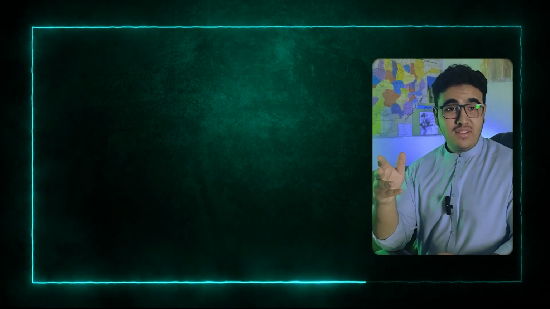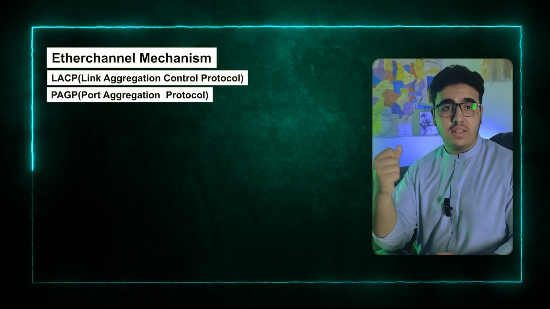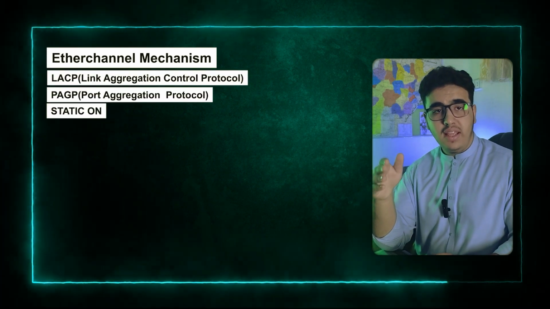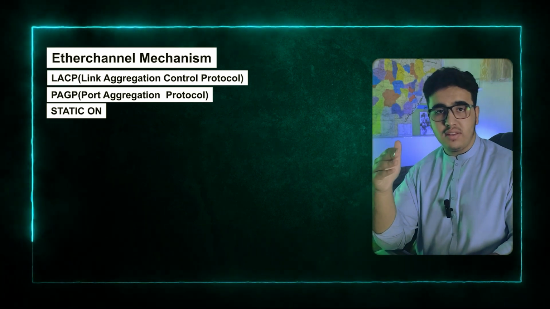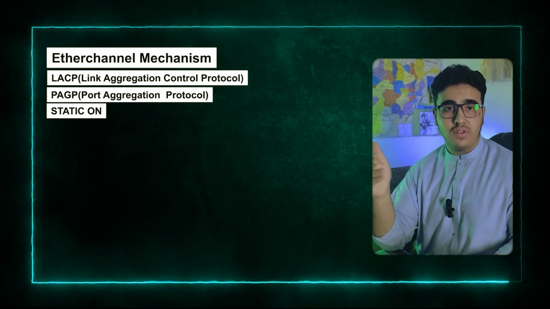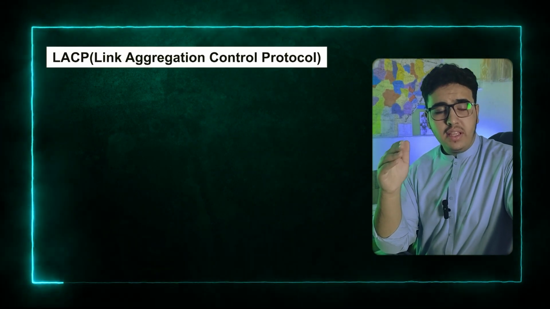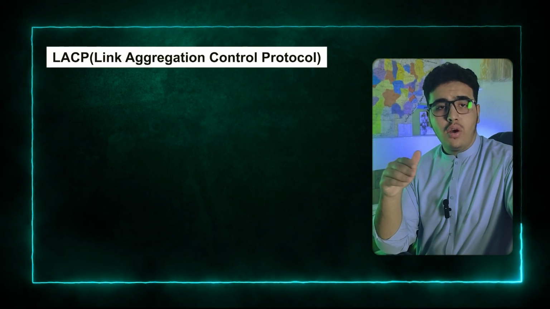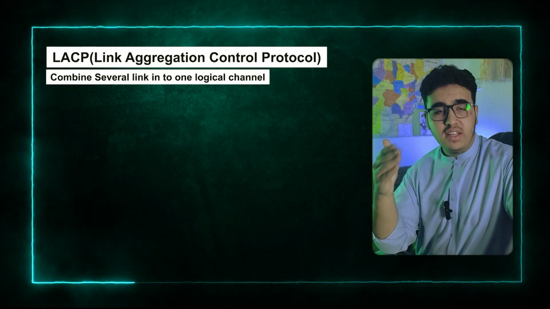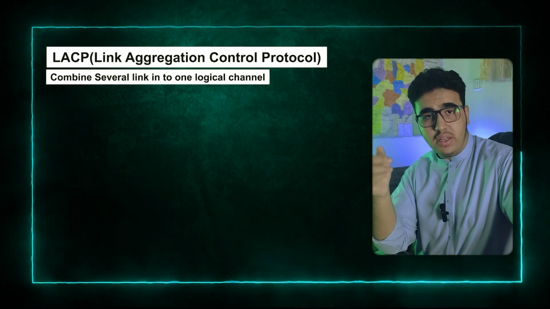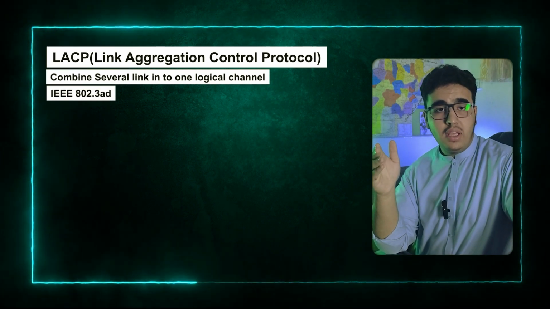To establish EtherChannel, we have three mechanisms: LACP, PAgP, and static on. LACP is Link Aggregation Control Protocol, PAgP is Port Aggregation Protocol, and static on is the manual version of EtherChannel. So let's start with LACP. LACP is Link Aggregation Control Protocol, which enables several physical links to be combined into one logical interface or one logical channel. LACP is an IEEE